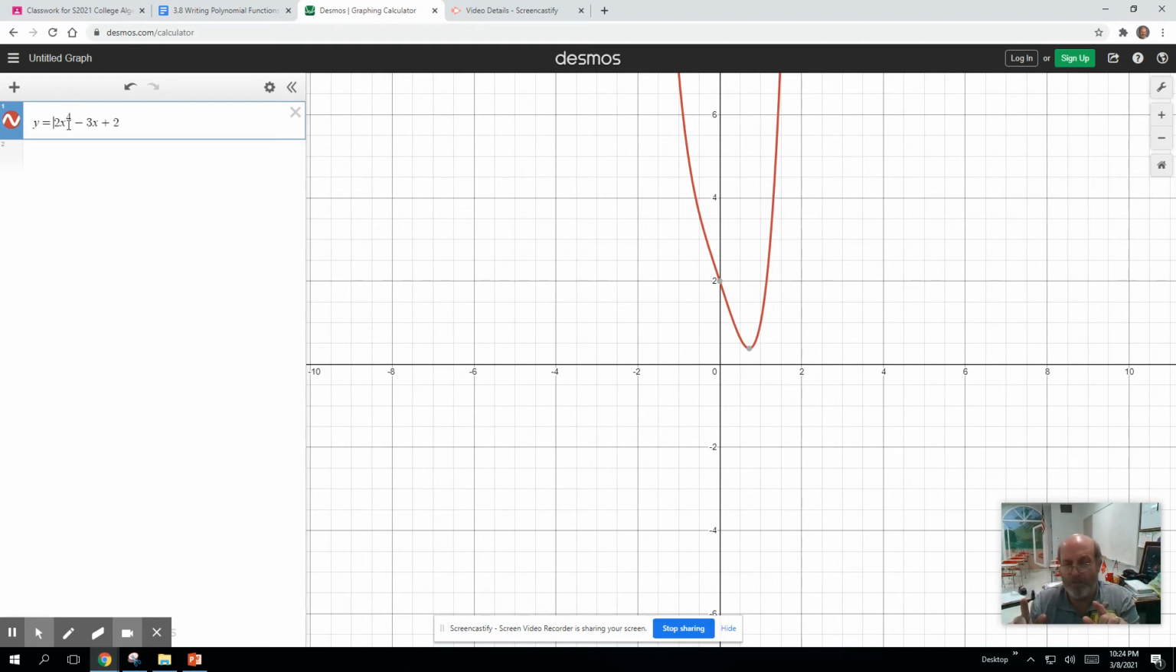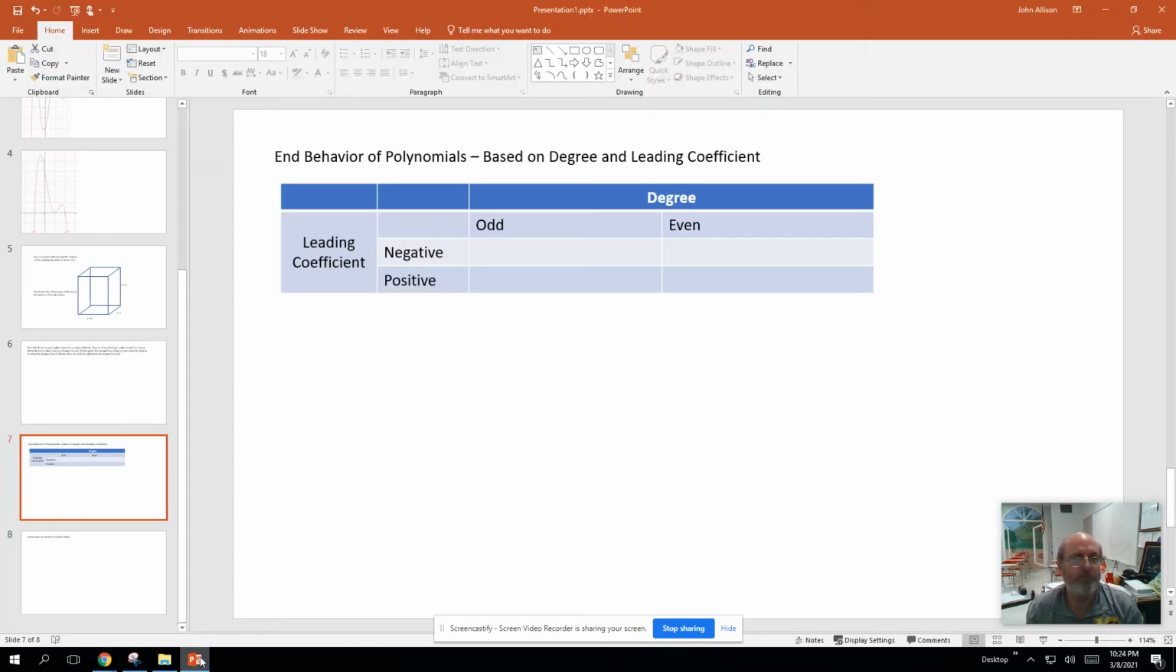In an odd degree, they go opposite directions. So one goes up while the other goes down. The left goes up, the right goes down. Or the left goes down, the right goes up. So here, if we go back to our little chart,